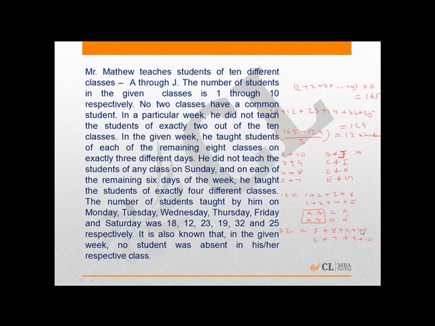Now these are the only two possible cases. The classes are, for 5 we have E, for 8 we have H, I and J. In the second case we have F, G, I and J. We see that in any case he is teaching class I and he is teaching class J. So this case is again not possible.